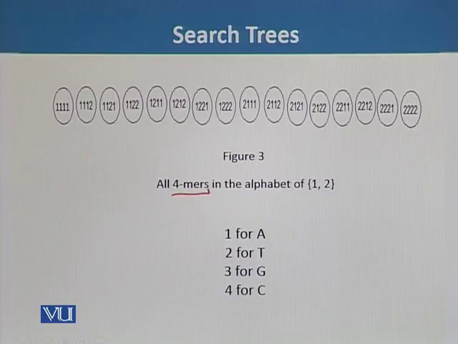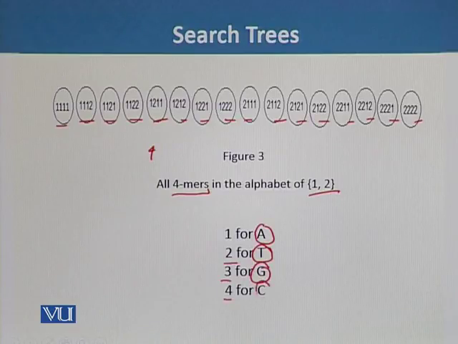So here in figure number 3, we can see all the different possibilities of 4-mers. It means that the number of strings is 4 and the number of alphabets is 2. So we can use 1 and 2 up to the level of 4-mers, and we will get the different possibilities of these 4-mer arrangements of 1 and 2. So by using this arrangement, if we assign 1 for adenine, 2 for thymine, 3 for guanine and 4 for cytosine,